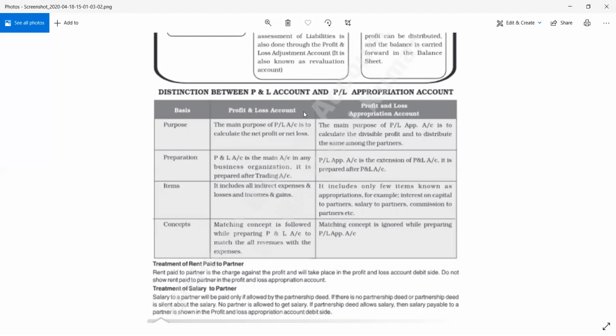ओके। और ट्रीटमेंट ऑफ सैलरी टू पार्टनर जो होता है वो इंटरनल होता है। अगर प्रॉफिट नहीं हुआ तो नहीं देंगे, लॉस हुआ तो नहीं देंगे, प्रॉफिट होगा तो देंगे। ठीक है ना, और अगर पार्टनरशिप एग्रीमेंट में है तो देंगे। तो इसी के लिए याद रखना कि ट्रीटमेंट जो होता है सैलरी टू पार्टनर का, वो प्रॉफिट एंड लॉस अकाउंट में नहीं होता है, प्रॉफिट एंड लॉस एप्रोप्रिएशन अकाउंट में होता है। ठीक है, तो रेंट पेबल टू पार्टनर कहाँ होता है, प्रॉफिट एंड लॉस अकाउंट, एंड सैलरी टू पार्टनर कहाँ होता है, प्रॉफिट एंड लॉस एप्रोप्रिएशन अकाउंट।